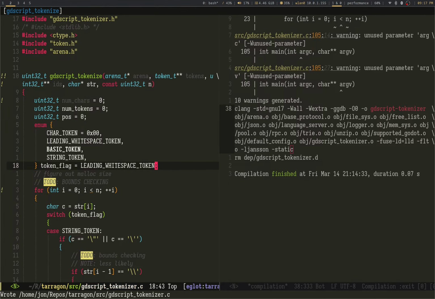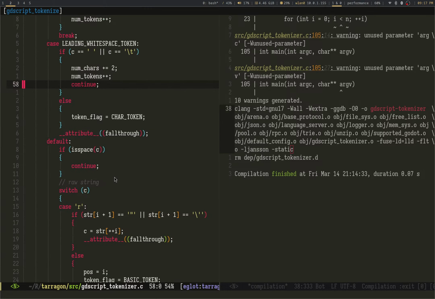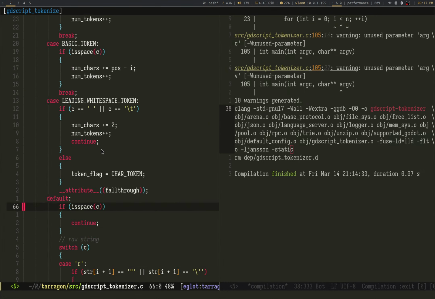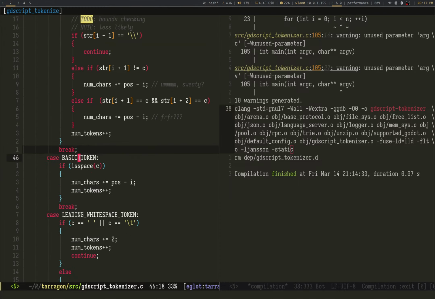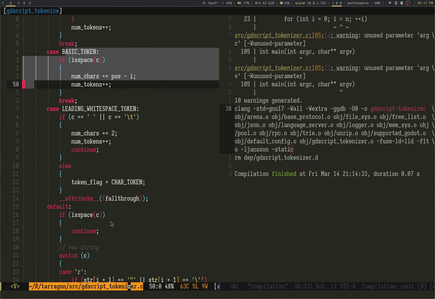This is actually what it starts out as. And so if we're in leading white space, otherwise, I would love to be able to fall through from basic token to leading white space.